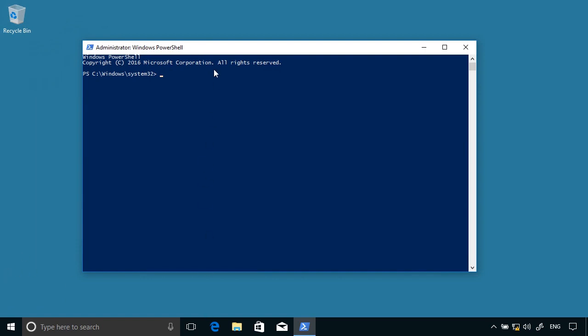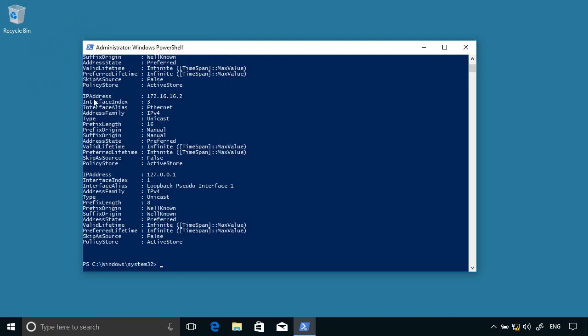So, for example, similar to the ipconfig command, we can use the Get-NetIPAddress cmdlet, and it will show us some basic information about the network. You can see here this IP address 172.16.16.2, the one we just configured with netsh, is applied to an interface which has an index number of 3. That's just a unique way of identifying each of the network interfaces. It also has an interface alias of Ethernet, so that's its network interface name. It's an IPv4 address of type unicast, and the prefix length, in other words the subnet mask, is 16 bits